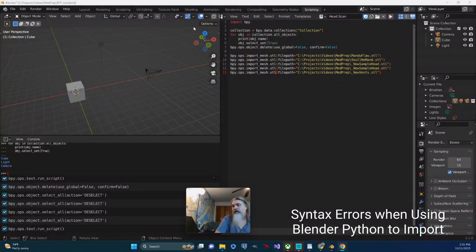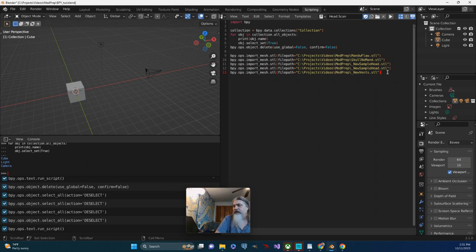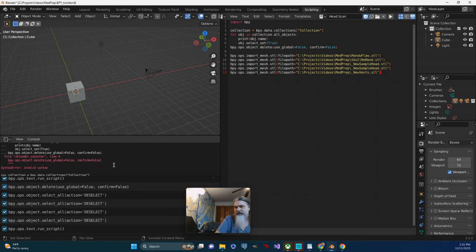Okay, so I went ahead after confirming that one of these would run, and I added lines to import other STLs into this project. When I did that, though, I ran into a problem, and rather than just jumping ahead to the next step, I thought I would share this. So I ran into some issues